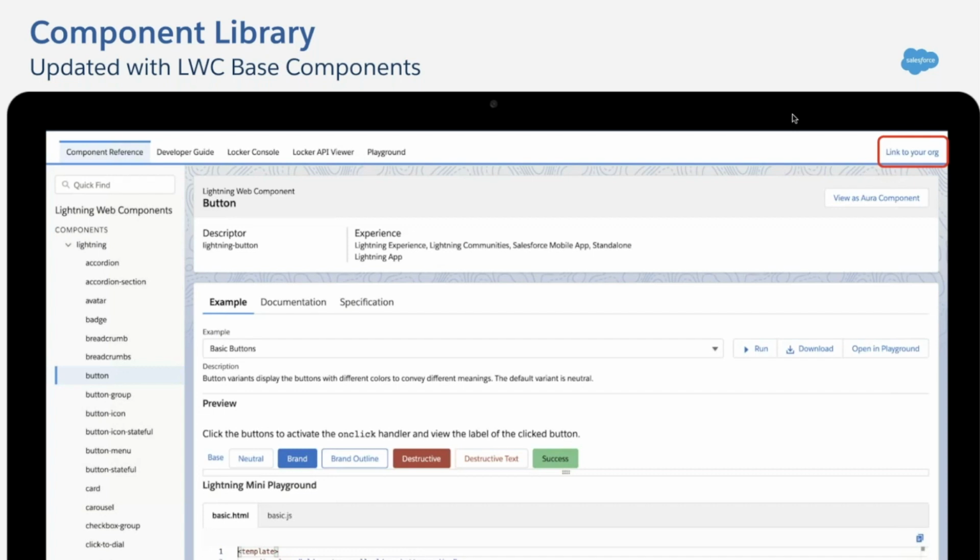And you also have tools for checking your code, whether it is Locker enabled, by using the Locker console. If you want to refer to the APIs of Locker, that's also available there. And you have a playground where you can prototype your user interface and then use that prototype source code in your actual project.